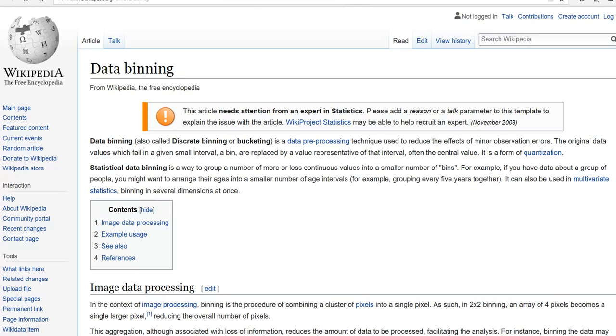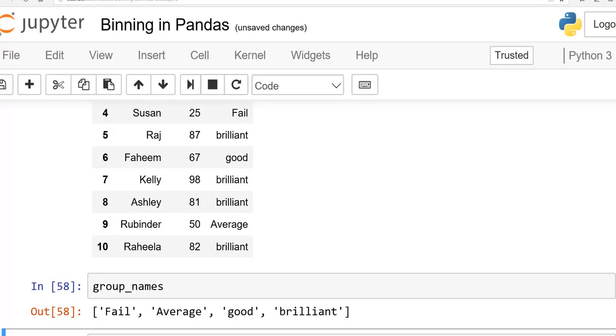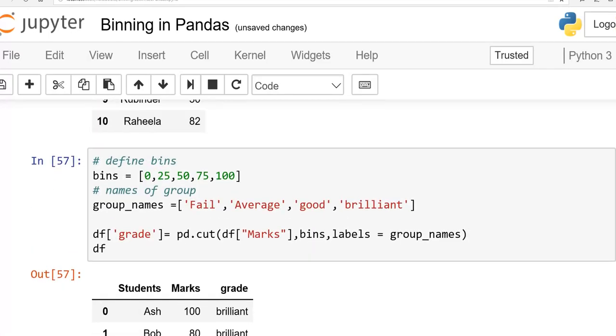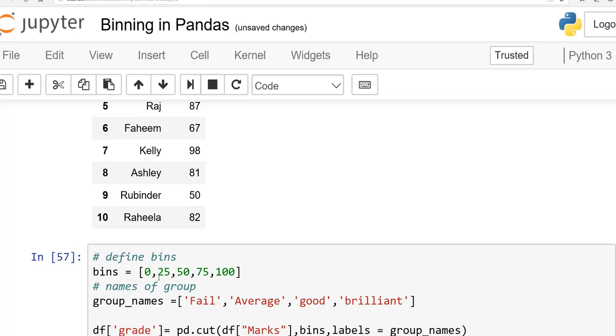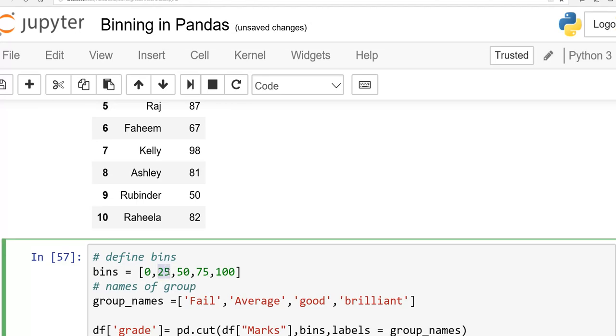Okay, but one thing, see, I will tell you one interesting thing. Here I say 0 to 25. My first group will start from 0 and end at 25. My second group will be from 25 to 50, and my third group starts from 50 to 75. So what you might think is that 25 will end the first group and the new group will start from 25.